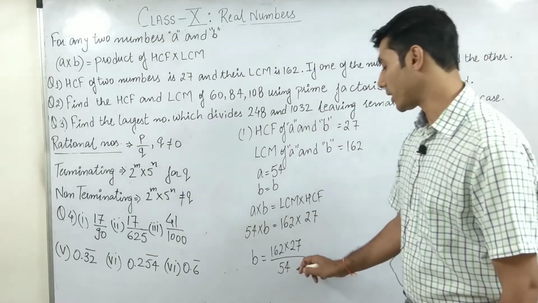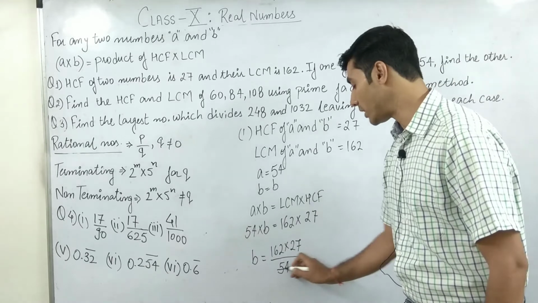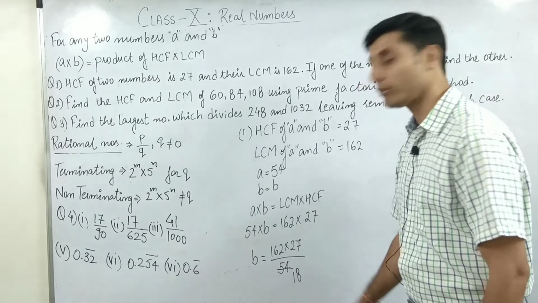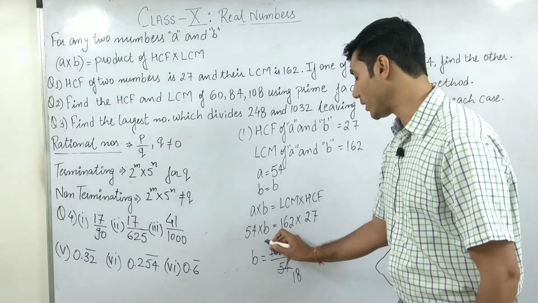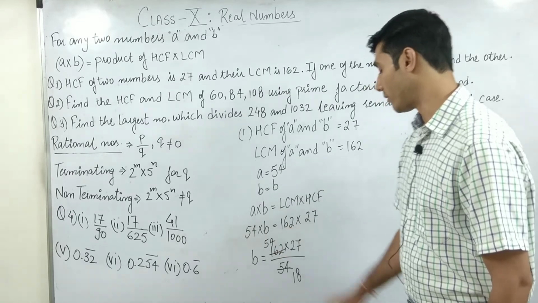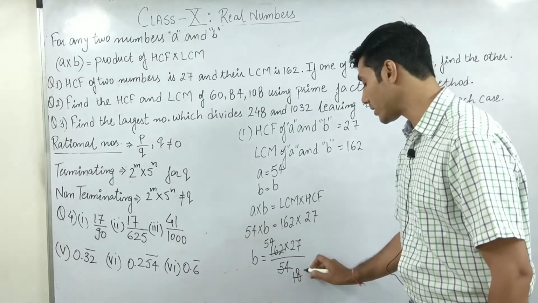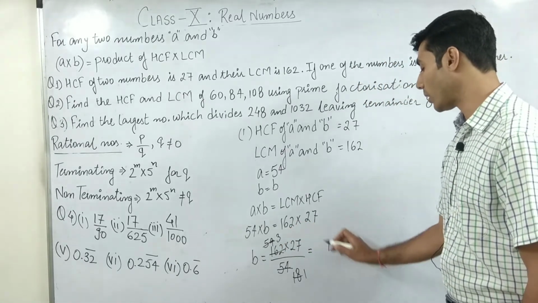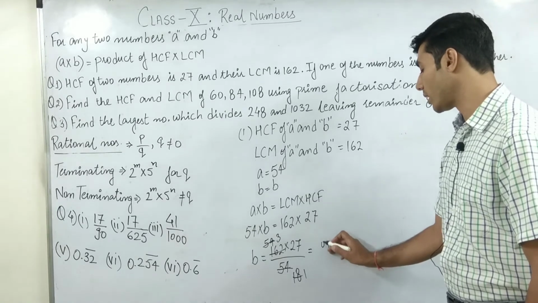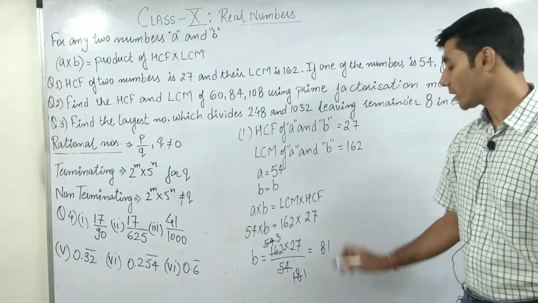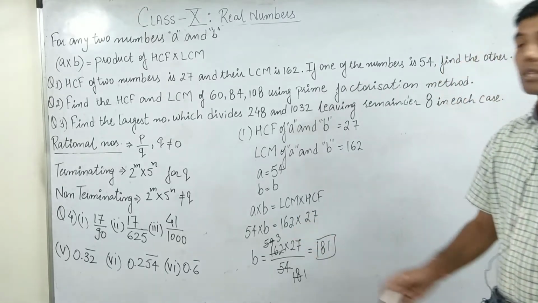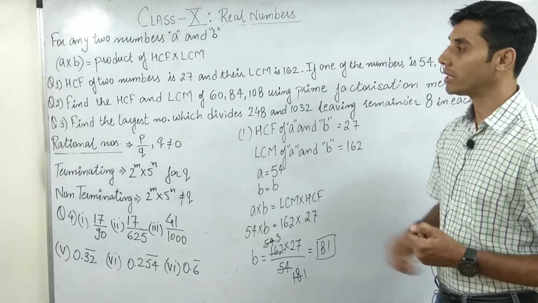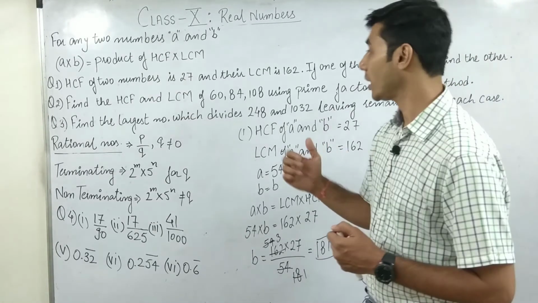So let's solve this. 5 and 4 is 9, 6, 7, 8 and 1 is 9. So divisibility check. 3 ones are 3, 3 8s are 24, 3 5s are 15, 3 4s are 12. 8 and 1 is 9, and 54, so 18 ones are 18 and 18 3s are 54. So 3 into 7 is 21, 1 carry 2, 3 to the 6 and 2 is 8. So the answer is 81. So what is the second number? That is 81. That's all. So that's how you are going to solve these kinds of questions. Question number 1 is done.